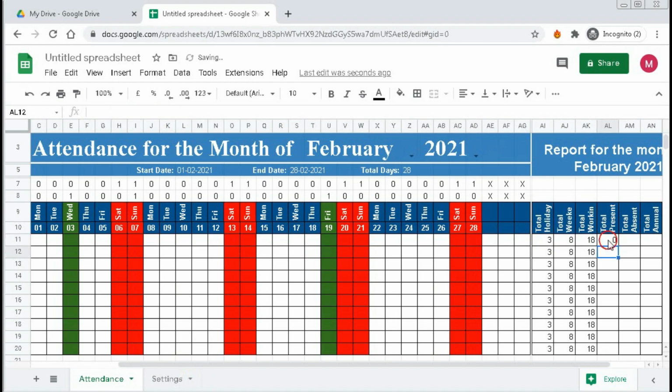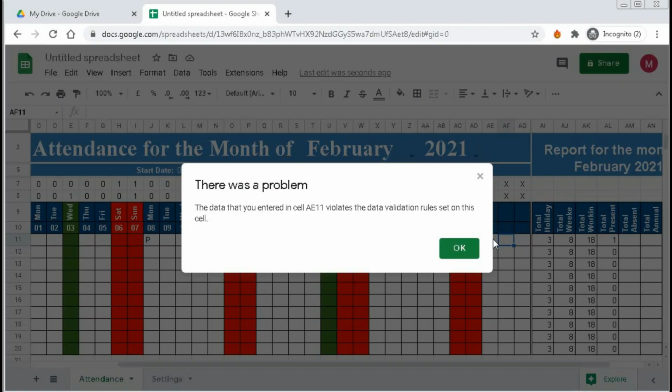At that moment we have 0 P. Now if I type here P, you can see we got 1. And here we do not have any dates.